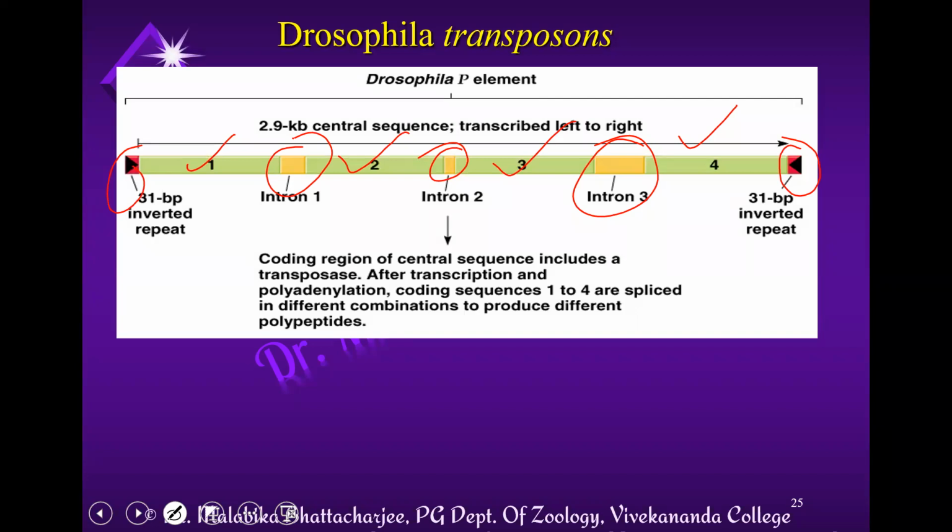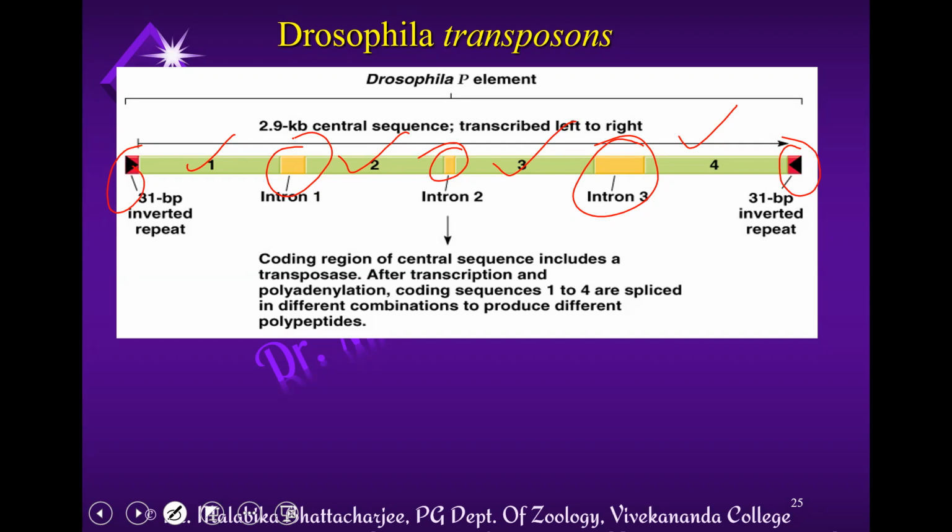Now regarding the P element, the P elements were first discovered, as I said, in Drosophila, and they exhibit this peculiar type of phenomenon. This phenomenon was known as hybrid dysgenesis, and it turned out that in certain flies where these P elements were active, or able to jump, those populations of Drosophila became sterile. I'll show you in the last picture how this phenomenon of hybrid dysgenesis occurs. So I'm not getting into hybrid dysgenesis right now.